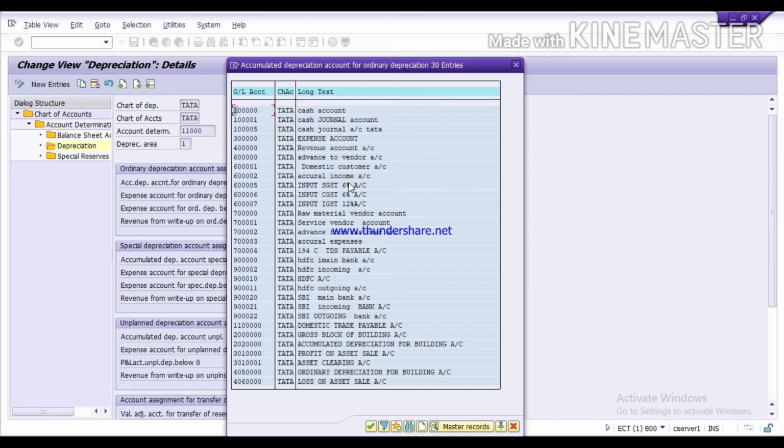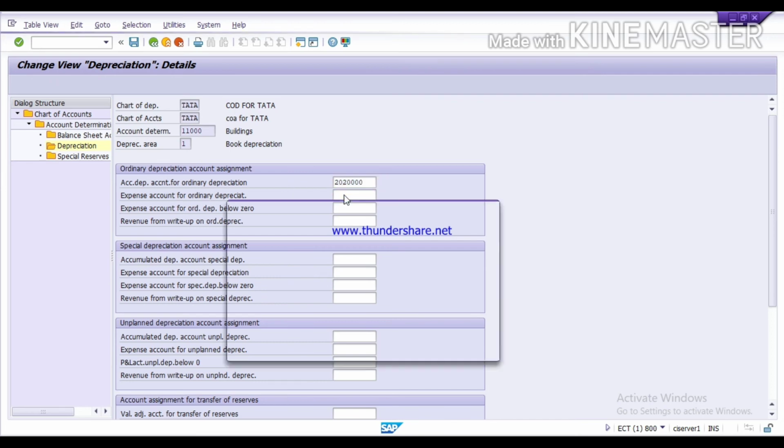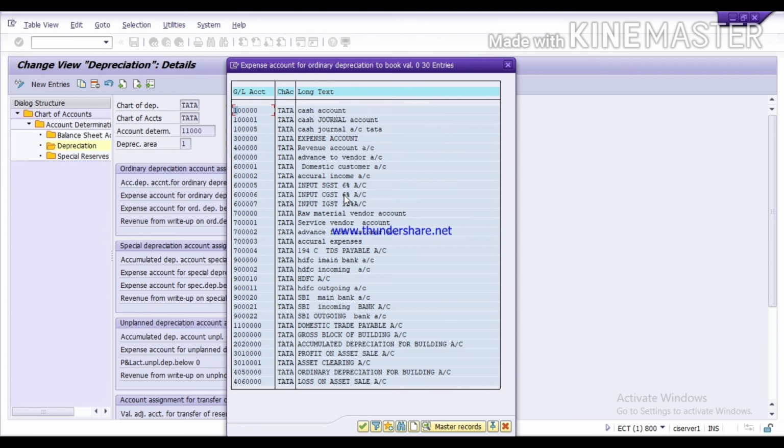First you need to assign the accumulated depreciation GL for a building. Double click on it. Next is expense account for ordinary depreciation. Now assign here, press the F4 key. Here we will assign the GL for ordinary depreciation expenses, which we have created earlier, this one.